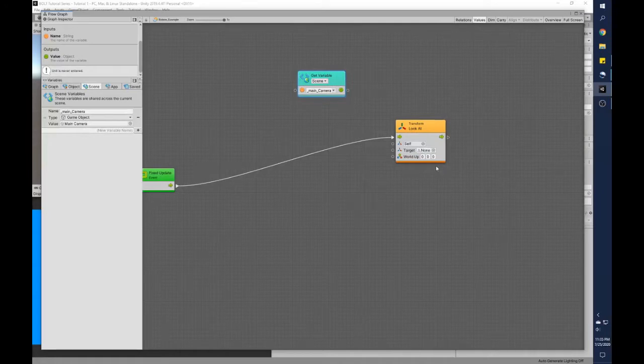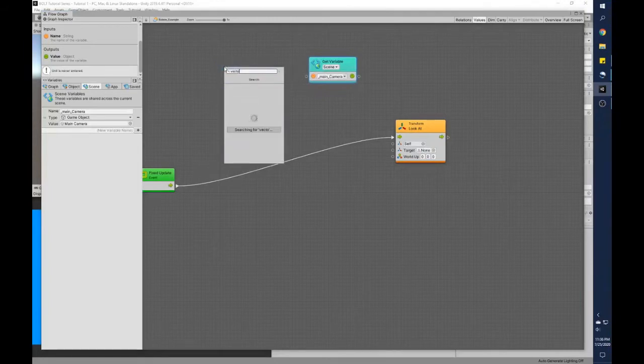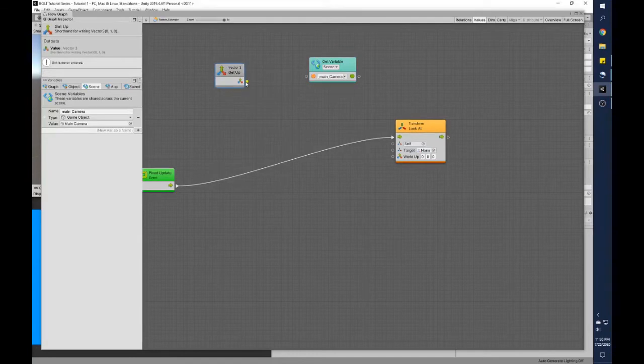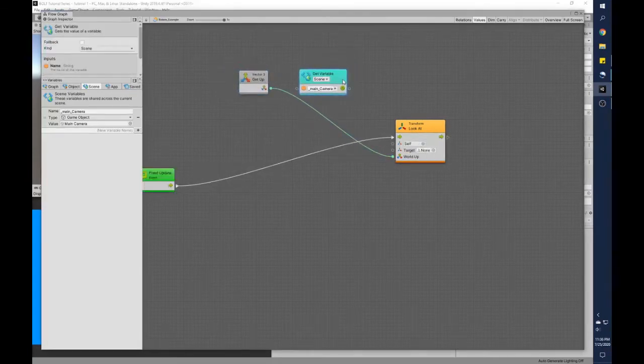Now we're going to click one over here, but we should not click one. We should say Vector3.up. We'll pass that over there to tell this unit that this is up. We're going to pass the main camera over here. If this is correct,